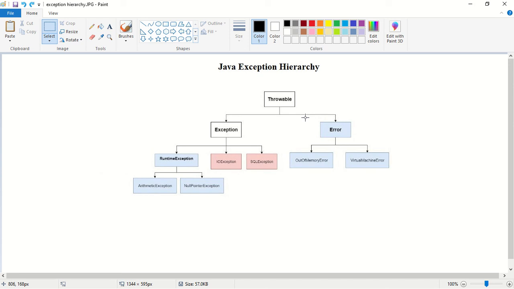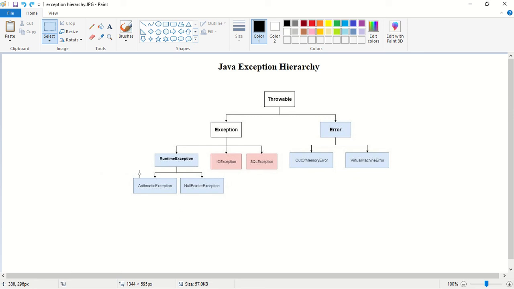Exceptions are caused due to the programmer and errors are caused due to lack of system resources. Under Exception, we have RuntimeException, IOException, SQLException, ServletException, InterruptedException, and so on. This is a partial hierarchy, not a complete hierarchy. There are many other exceptions.